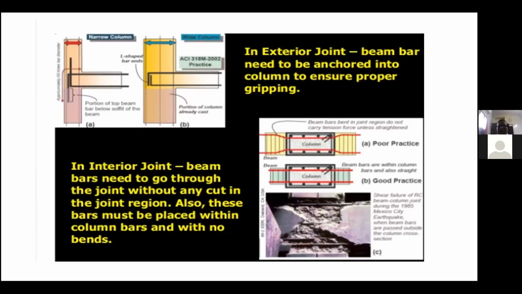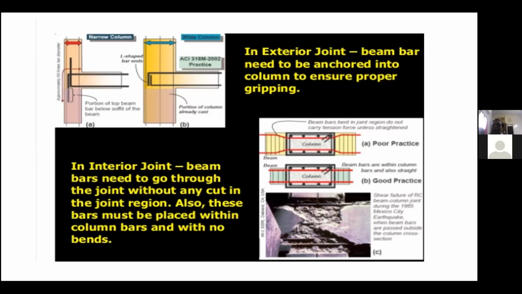Now there are some basic principles. Normally in earthquake design, whenever we talked about that, we always used to say strong column and weak beam, or the column stiffness should be much stronger than your beam stiffness. So what happens? Whenever the column fails first, the entire structure fails. So column failure first means the entire structure fails.